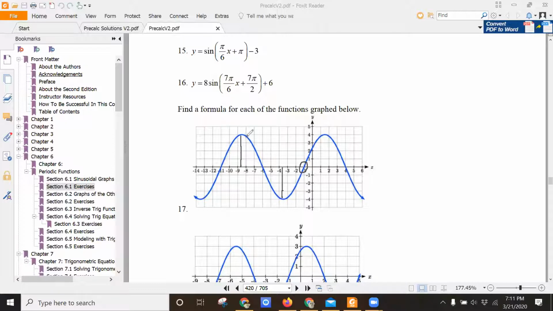And what is the period of this graph? Let's see, it goes from -1 until -11. That's how long it took to cycle through. So that's a distance of 10. So that's the period. And let's see, the amplitude is what, 4? So we're going to say 4 sine, and why am I